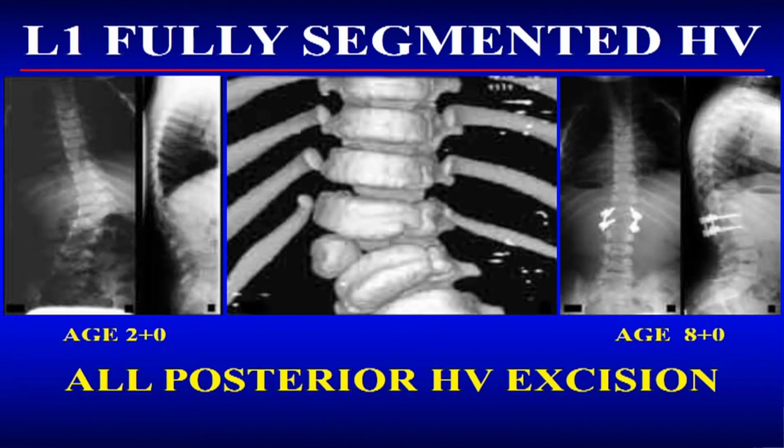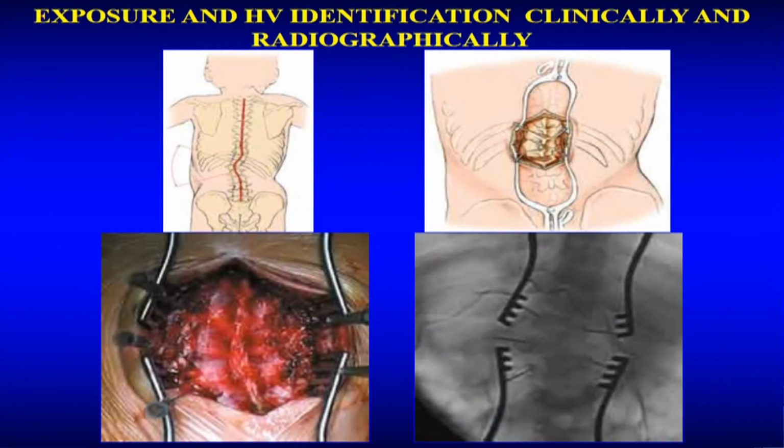Common treatment of fully segmented hemivertebra includes all posterior hemivertebral excision and pedicle screw fixation as seen here with the 6-year follow-up. This is an excellent way of treating these patients through a single posterior approach. After exposure and hemivertebral identification, which is very important because sometimes the hemilamina does not correspond to the hemivertebral body, we have to make sure that we know exactly the segment that we're going to excise, so we identify this